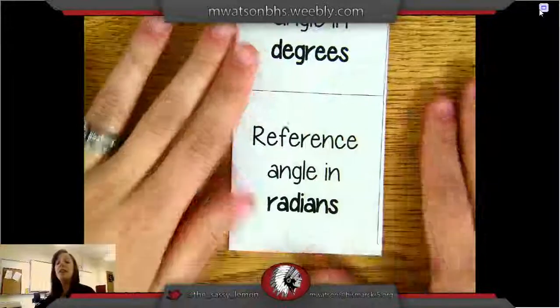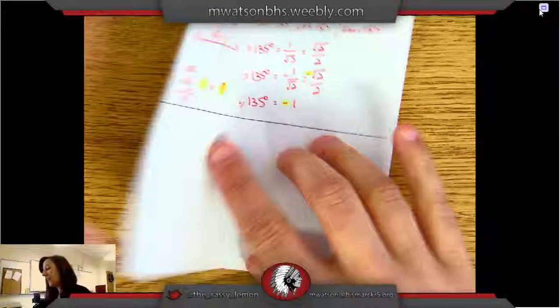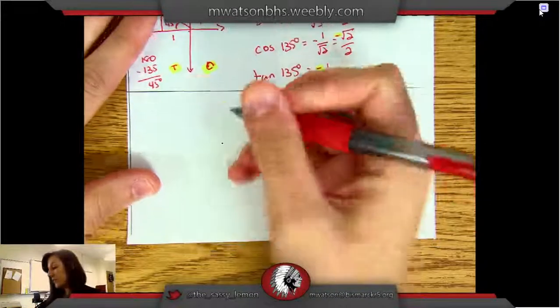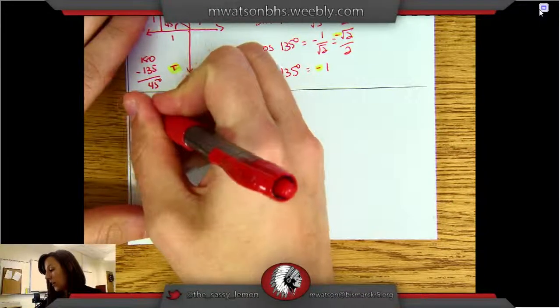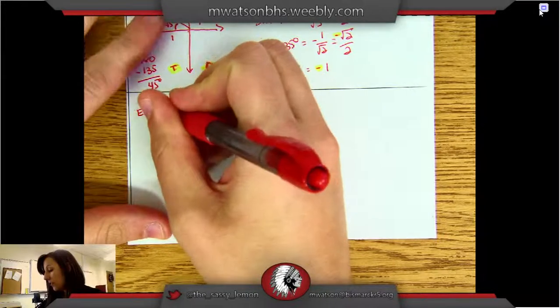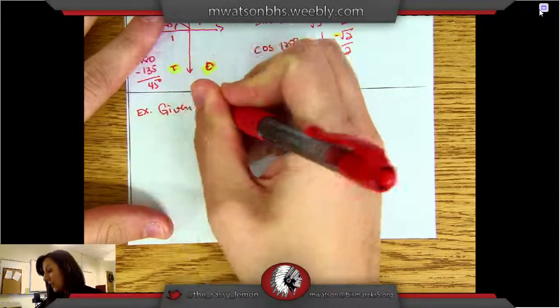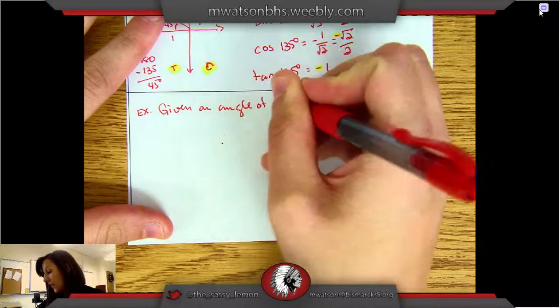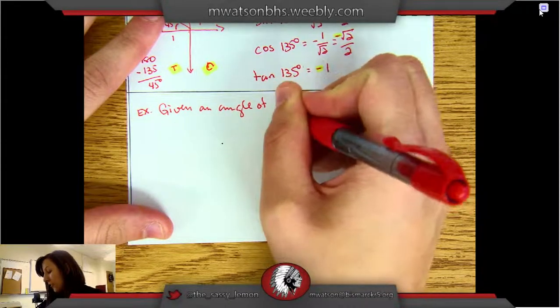Alright, so reference angle in radians. Now we get to work with some lovely fractions. So here's our problem. We're going to start out just by drawing the reference angle. So given an angle of 7 pi over 6,